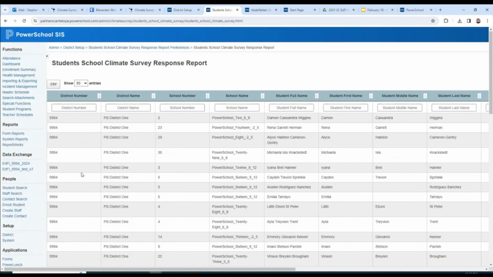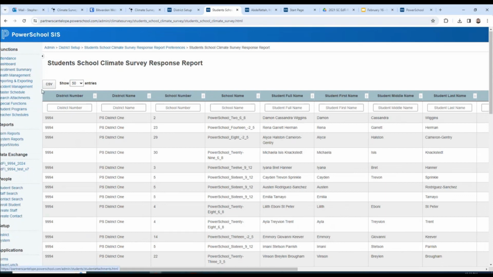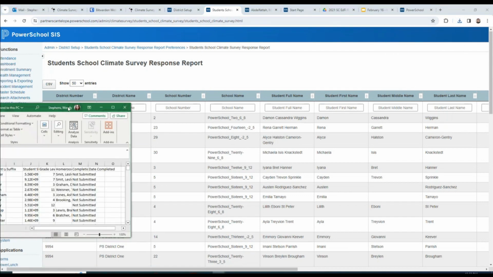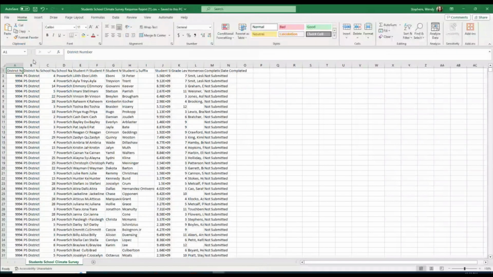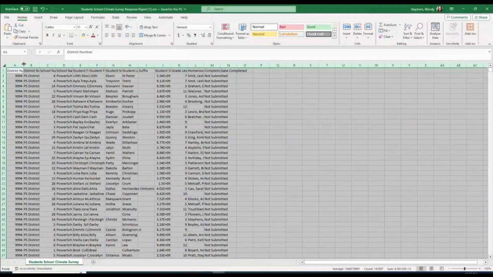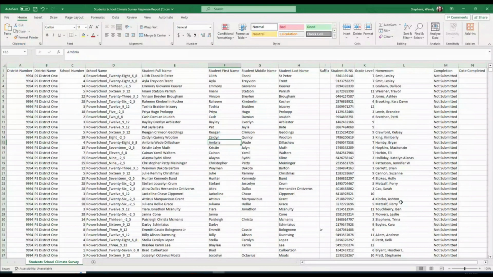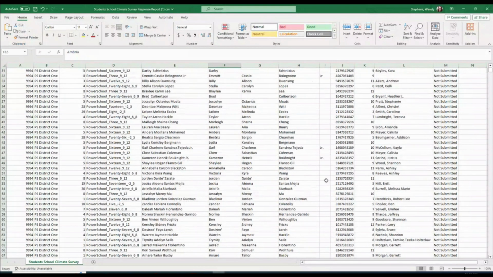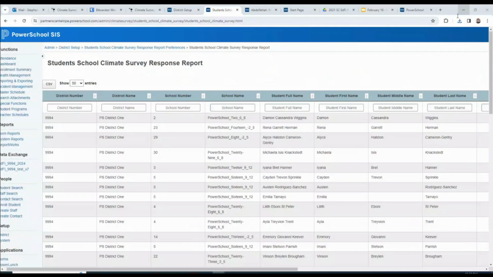And this is going to show you one record per student, okay, is how that works. I can export to CSV. There we go. Here's my nice little CSV, and I've got all my info in there, and some of you might be more comfortable messing with it there, or maybe you need to securely share that with somebody internally so you can nudge folks, hey, we need students in this homeroom to fill this out or something like that.